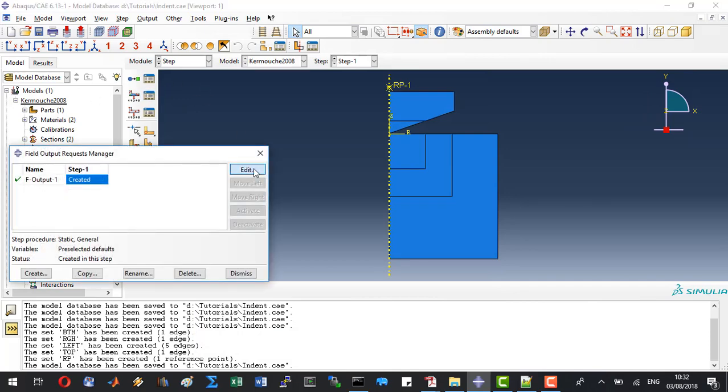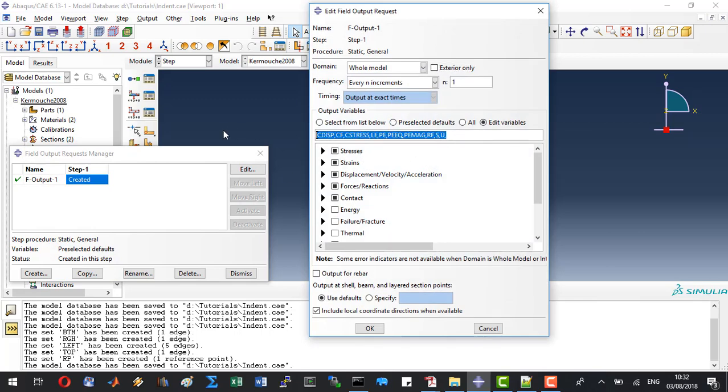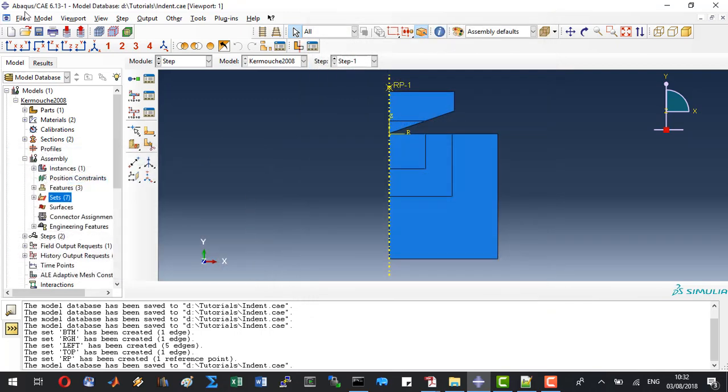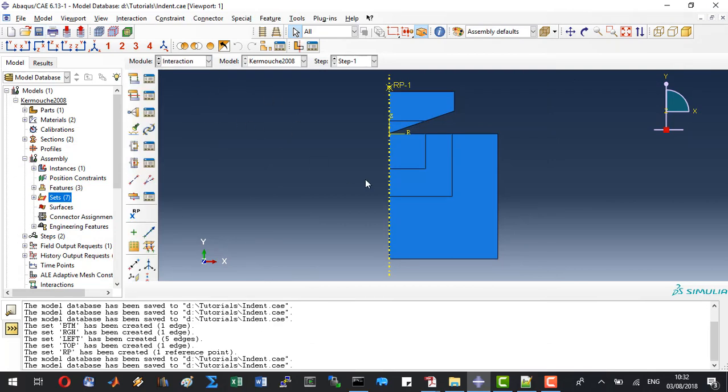Now we will modify the requested field outputs. We do not need anything else, just the displacements, the reaction forces, the logarithmic strains, the stresses, and the solution dependent variables. OK, dismiss, and again save your model. Go to interactions. Here we have to do two things. First, define the contact between these two edges, and then create an equation, a constraint between the reference point and